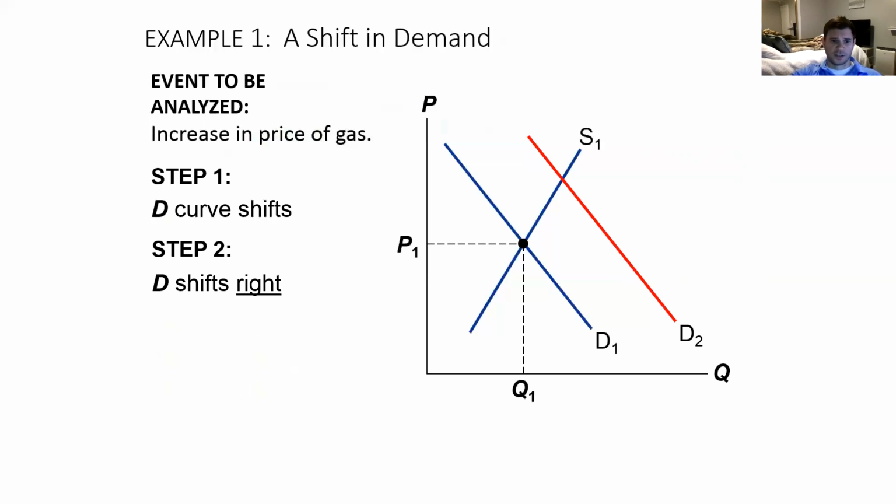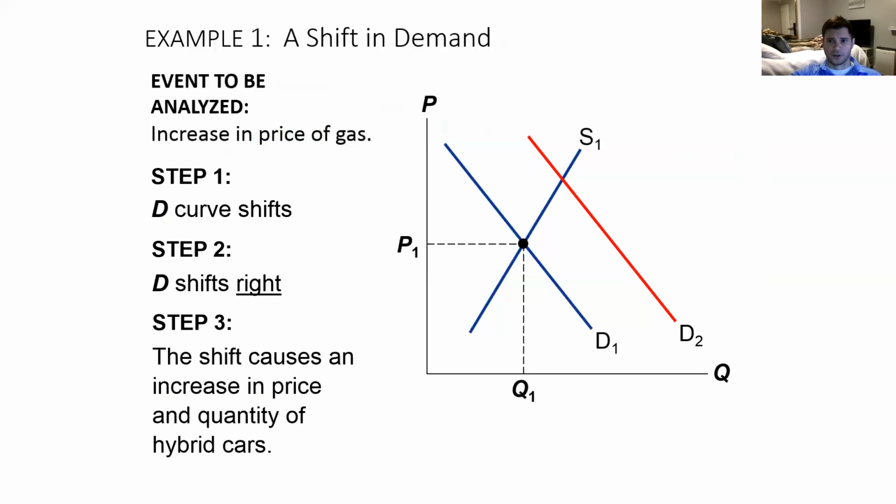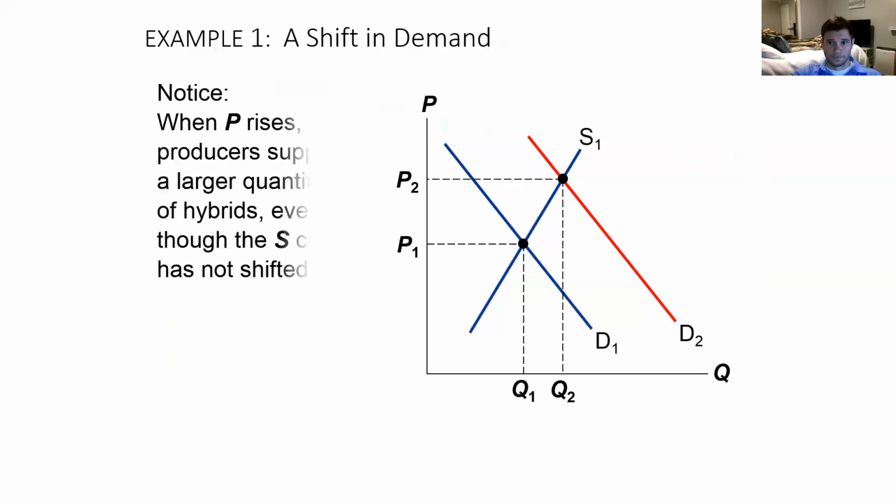Third step in the process here, after we have identified the demand curve shifting, is to identify the evolution of the equilibrium. So we started off at P1Q1. Note that the shift causes both an increase in the price of vehicles and the quantity traded. The other thing to note here is that when the price rises, the sellers at the higher price are also selling more. So the quantity supplied is actually increased here,